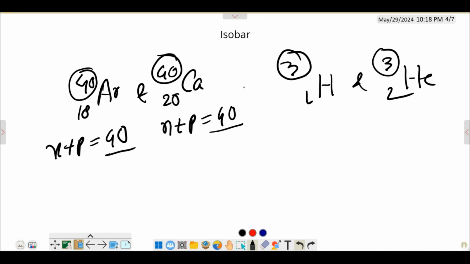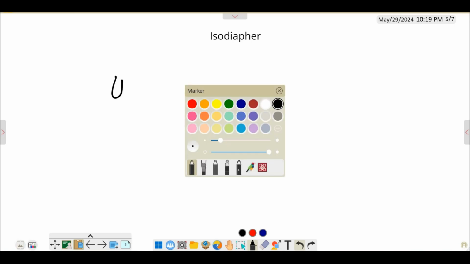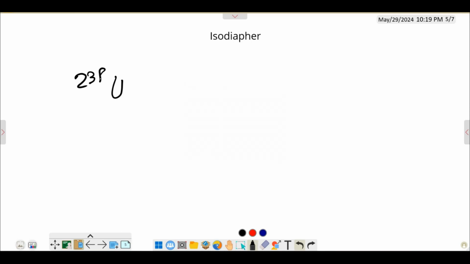Now we'll go through the next topic, that is isodiaphers. What are isodiaphers? Isodiaphers are those atoms where the difference in the number of neutrons and protons will be the same. For example, if you take two atoms like uranium-238 (atomic number 92) and thorium